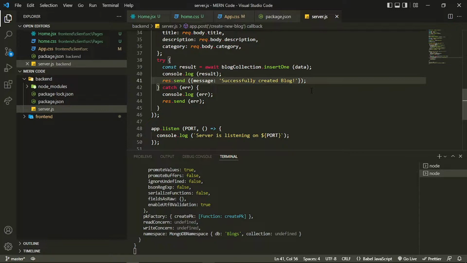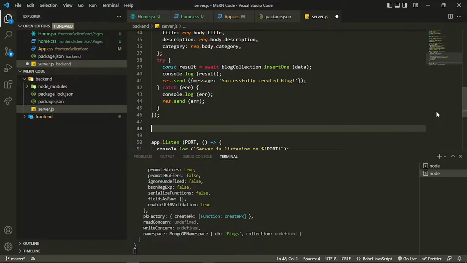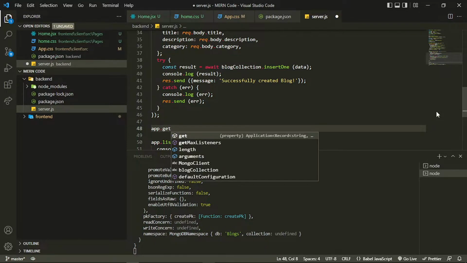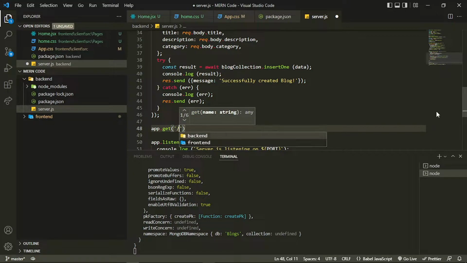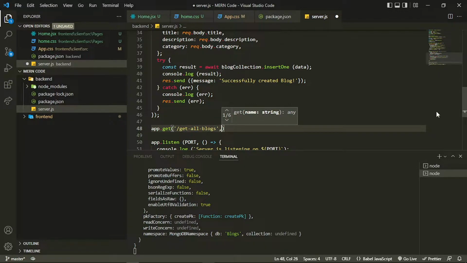So hello everyone, in this video I'll be telling you how you can create a get route and get all the documents from the MongoDB. So for that we'll be creating one route by using app.get. Inside that I can specify the path, for example get all blogs, that we are actually getting, and I can specify the callback,